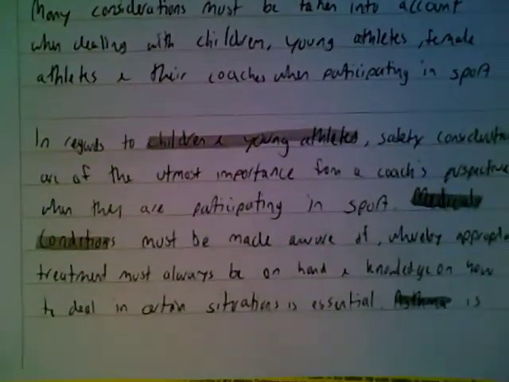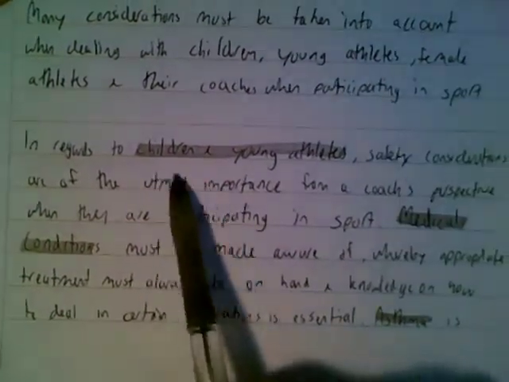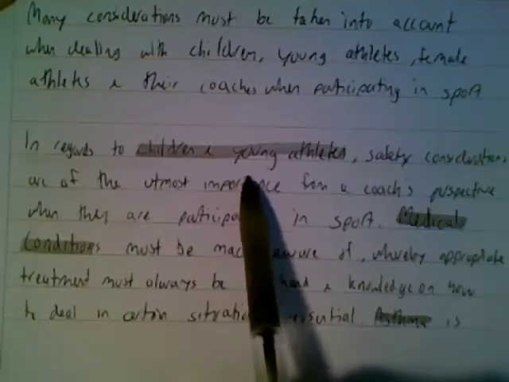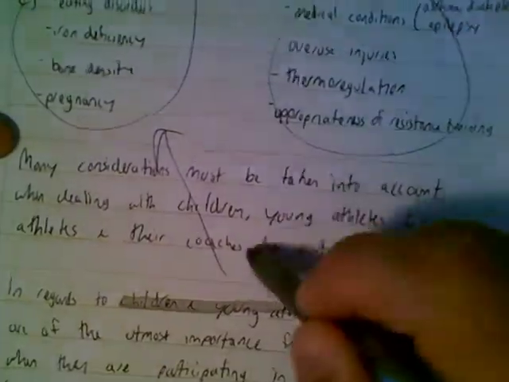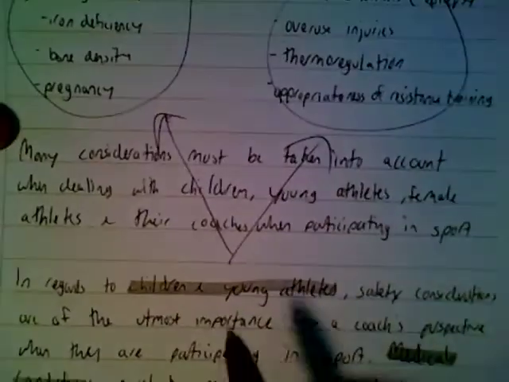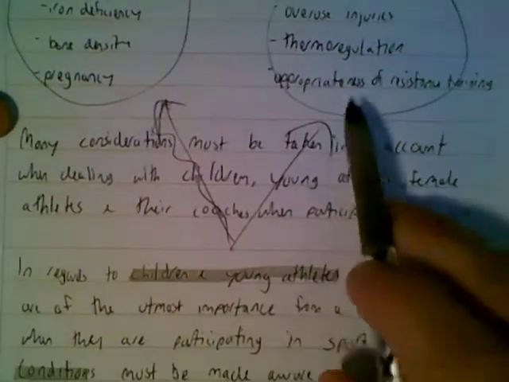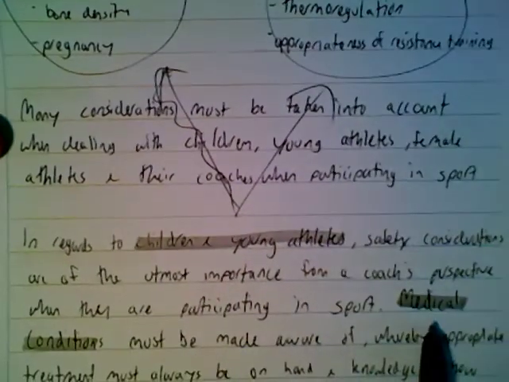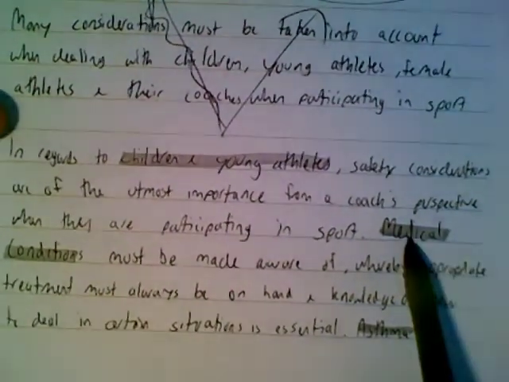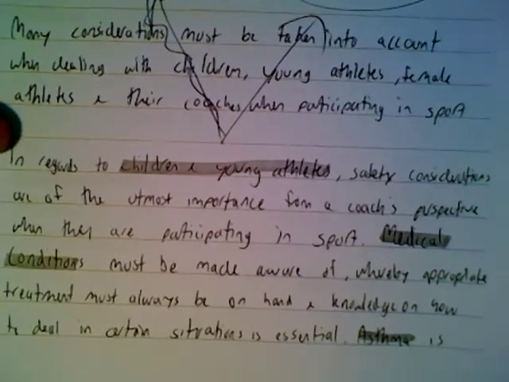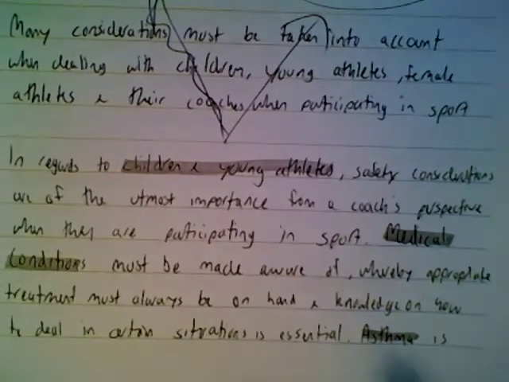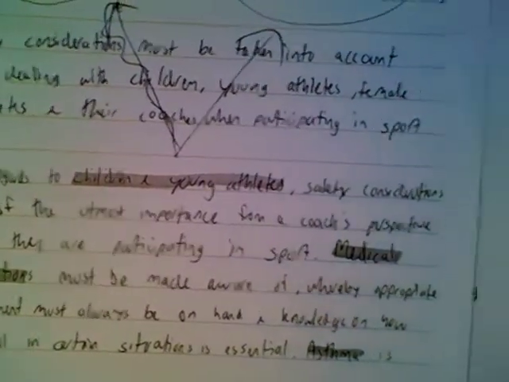When we go down and look at the answer, again, the structure and the setting out. First of all, children and young athletes, which we know is going to relate back to here. Okay? Well, sorry, I should be saying this one over this side. So children and young athletes. Looking at medical conditions. And that's what the person's gone through and looked at straight away. Medical conditions. Given some examples, relate it back to asthma. Okay? So this is an answer which comes from the syllabus, which again just shows the level of understanding. This goes over the page.